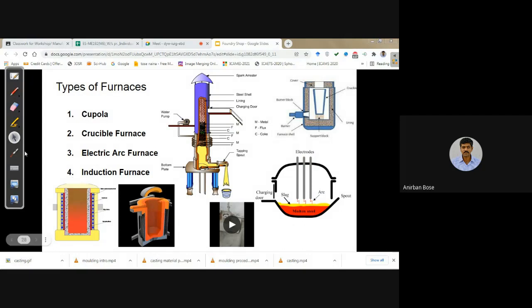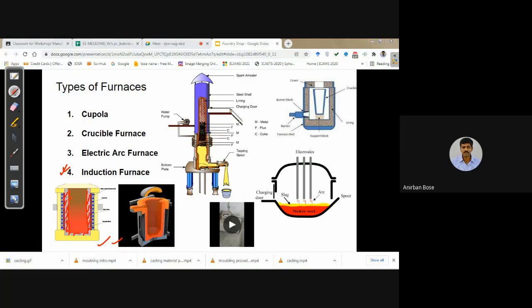Now finally is the induction furnace. In the induction furnace, you see these are the constructions of the induction furnace, both of these. In the induction furnace, outside there is a copper coil through which the AC current is flowing. And since the AC current is outside this furnace, here you can see these are refractory lining. Refractory lining means that they can resist very high temperature, maybe some kind of refractory bricks or something.